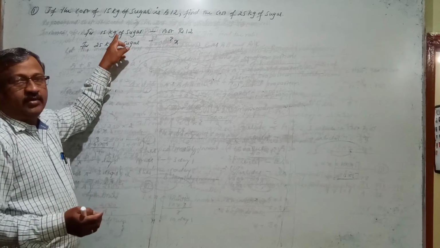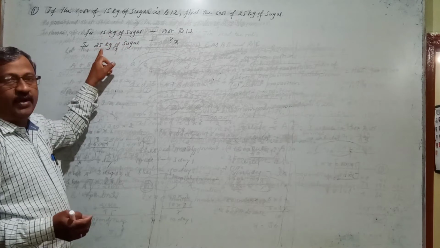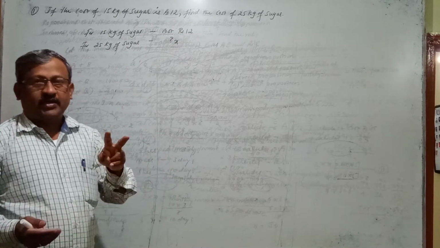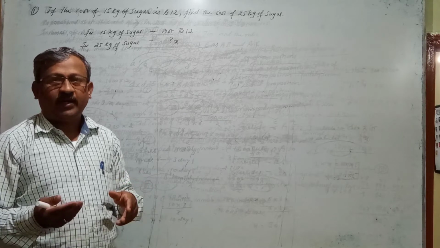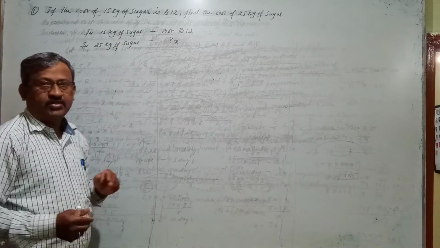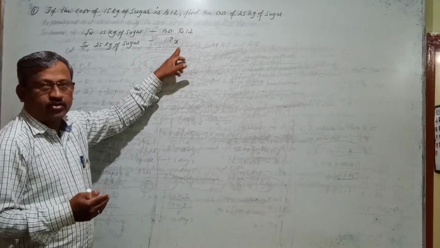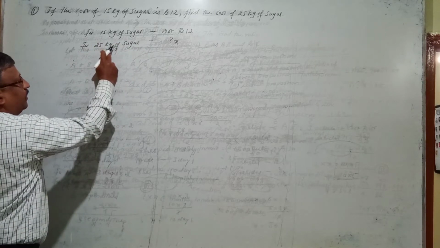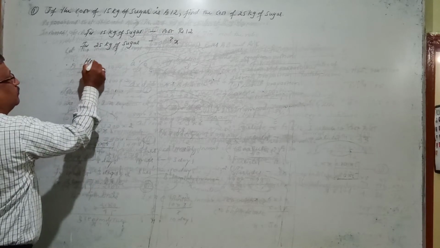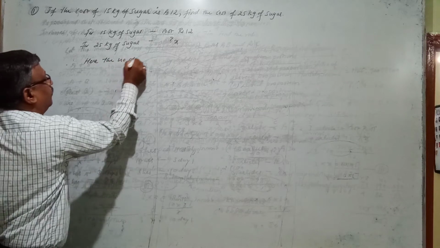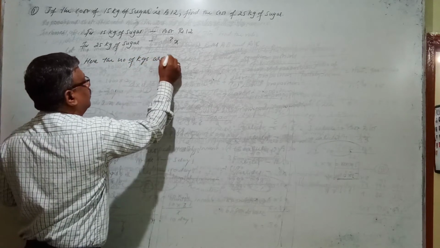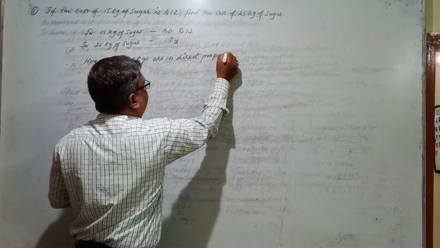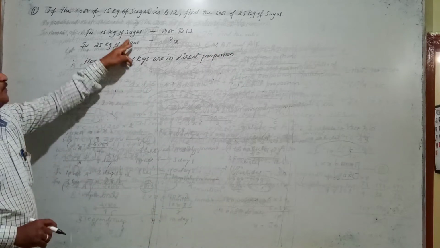Means here the number of kgs have increased from 15 kgs to 25 kgs, and due to increasing number of kgs my cost is also increasing. So when both are increasing or when both are decreasing, it is said to be direct proportion. Means here the number of kgs vary directly with the cost. So after checking that, below that you have to write compulsorily how they are varying, whether directly or inversely. So you have to write here the number of kgs are in direct proportion. Like this you have to write whether the number of kgs are in direct or inverse proportion, and then